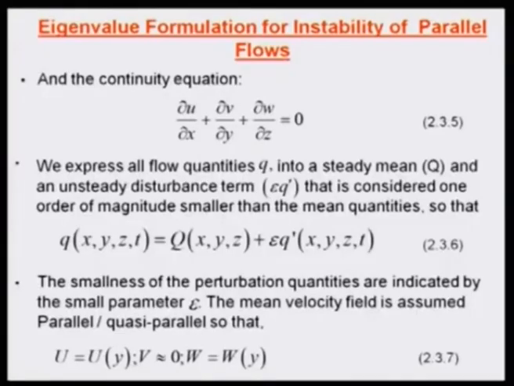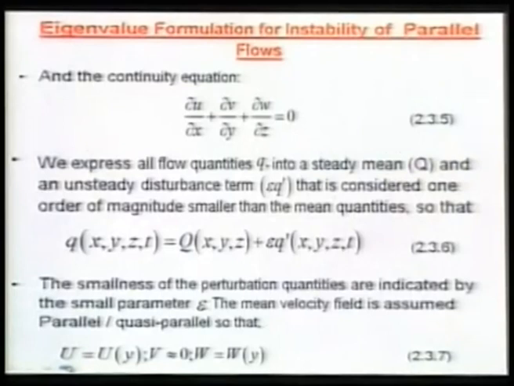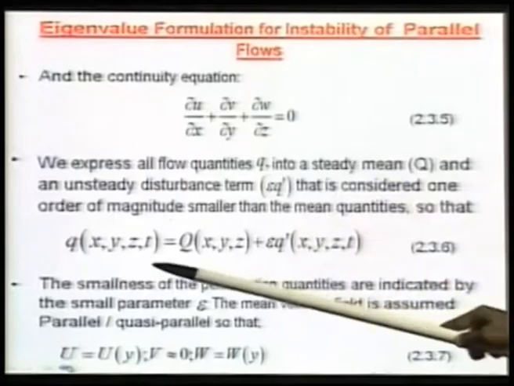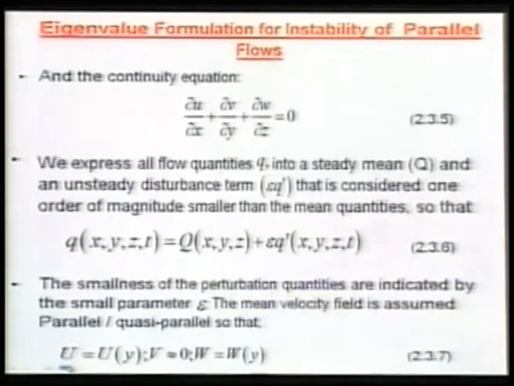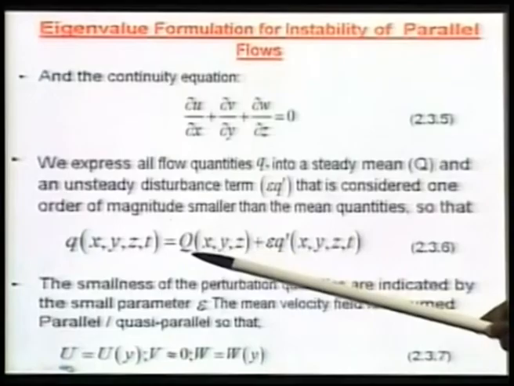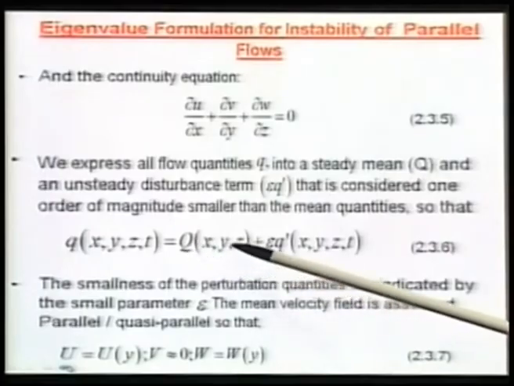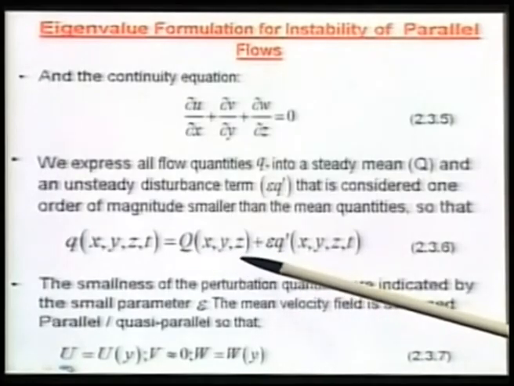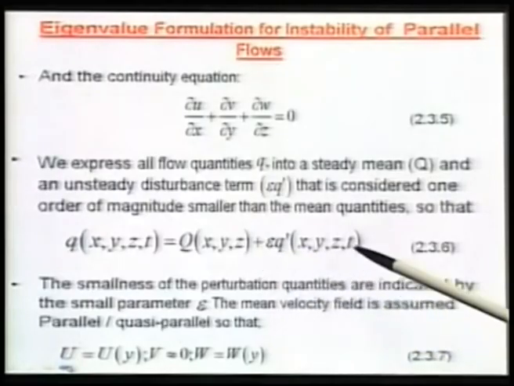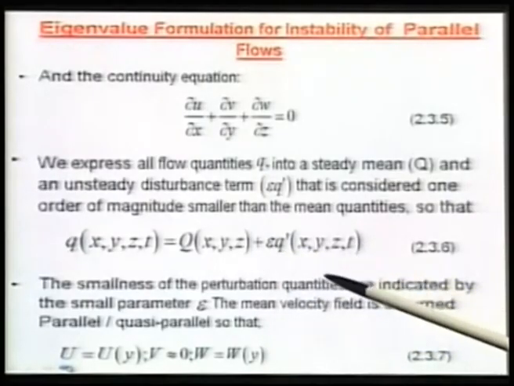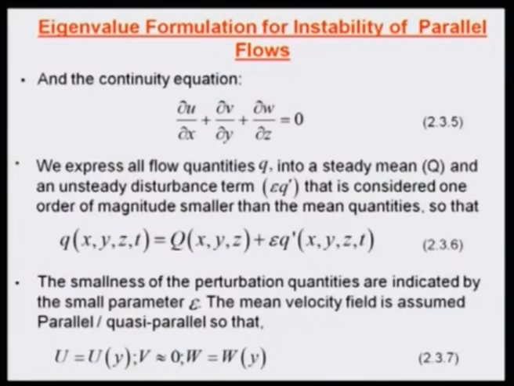ought to be supplemented by the mass conservation equation written like this, and next we define any flow quantity, which I have used as lowercase q, to have a mean flow or equilibrium flow which is steady. Okay. So, this capital Q which defines the equilibrium flow is a function of space only, not time, whereas all time dependence comes into the disturbance quantities. And since we are doing a linear theory, we put in a small parameter epsilon to assist us in collating terms. Okay. Now,